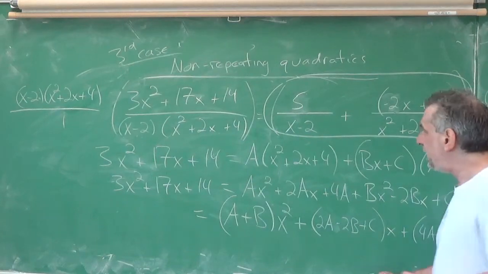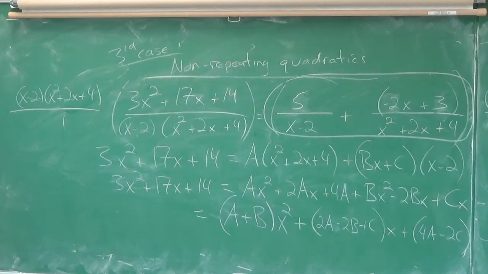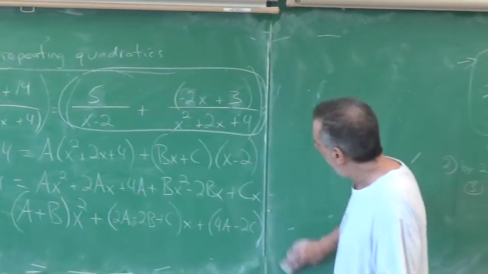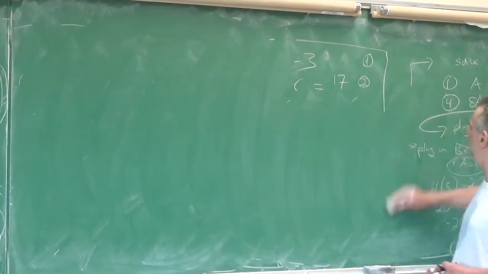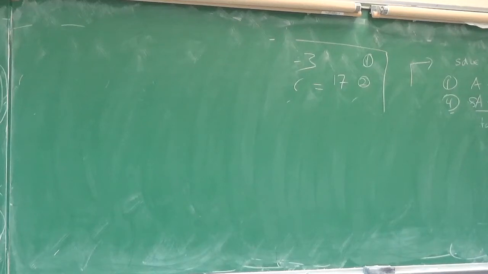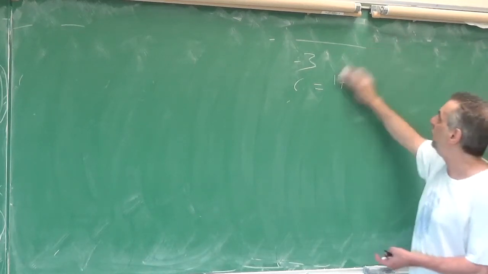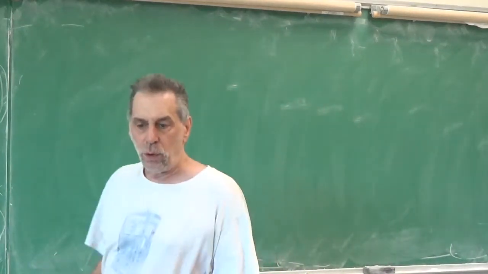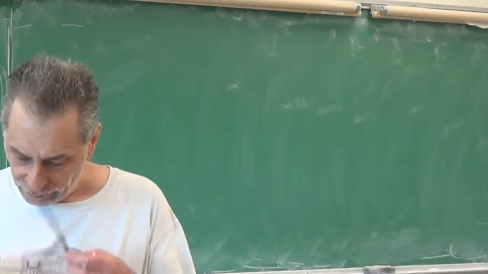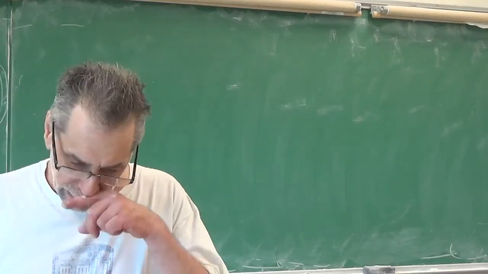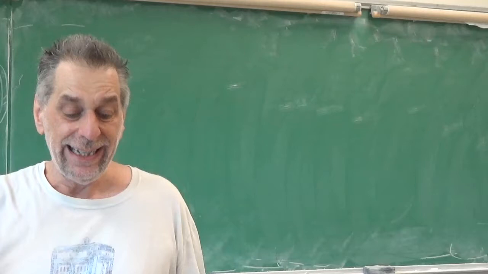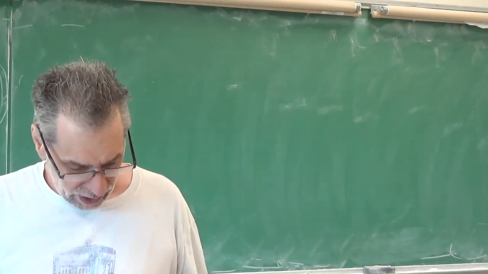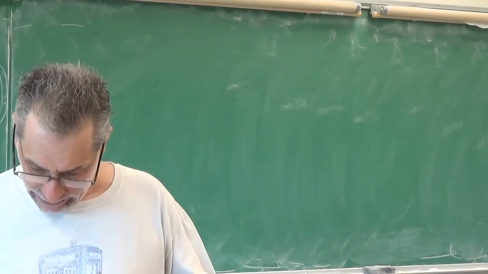And the last case is repeated quadratic factors. Again, the process is exactly the same. All that changes is the right-hand side of the equation. So let's look at one of those, and that will finish 5.4. So remember, linear factors get a constant in the numerator, quadratic factors get a linear factor in the numerator. And finally,